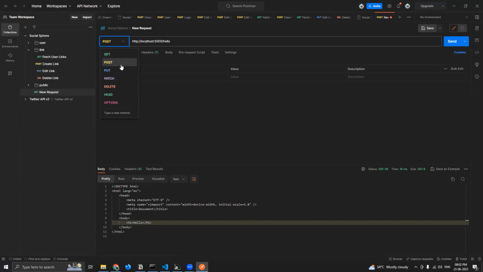So these methods specify what type of request the user is making. A GET request basically means just to fetch data without changing anything, just get me the data. Then a POST request means you want to create something new, so in that case you'll use a POST request. Then PUT and PATCH mean to update already existing data, and DELETE, as the name suggests, to